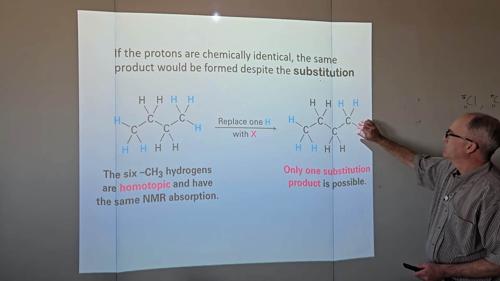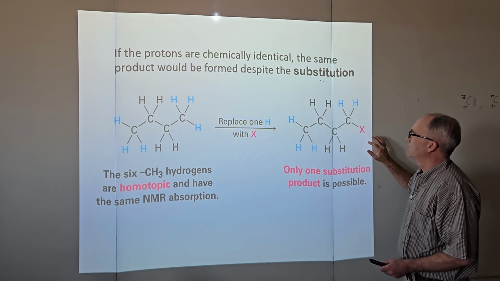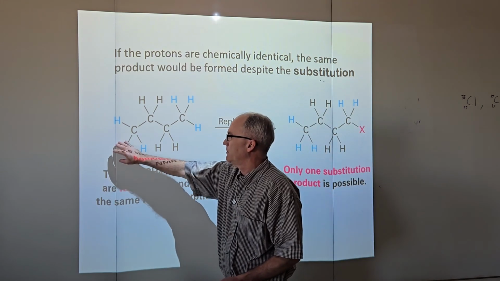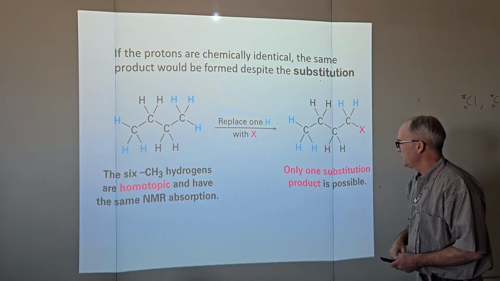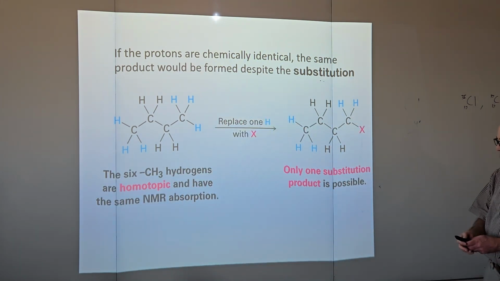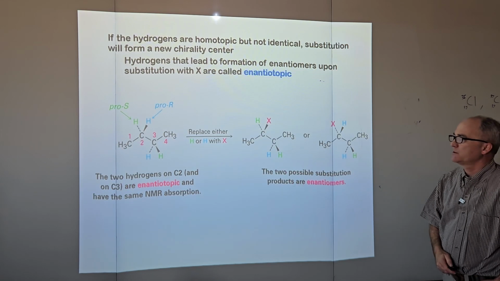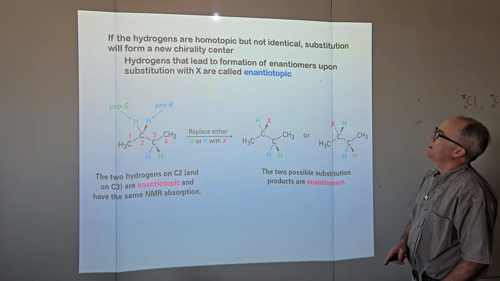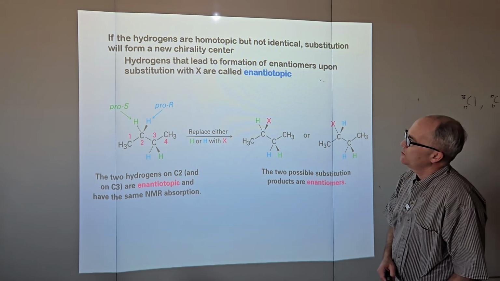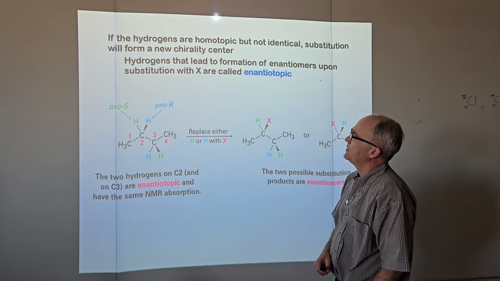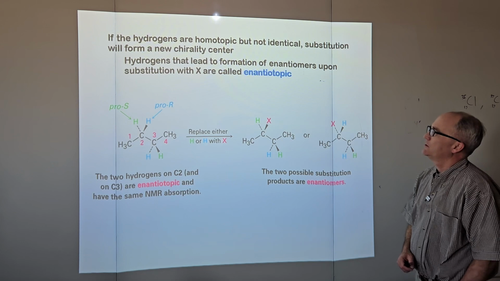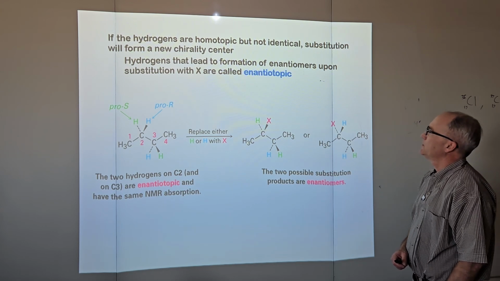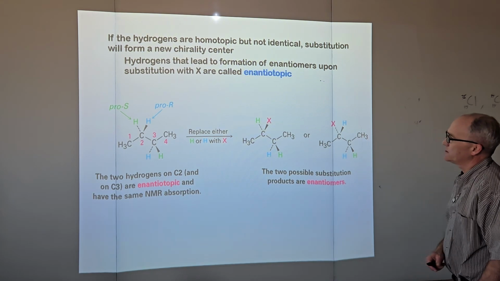That means if we stick it over here on the right, we'd get the same thing if we had it on the left because it would flip around. So only one substitution product is possible. If the hydrogens are homotopic but not identical, substitution will form a new chirality center. Hydrogens that lead to the formation of enantiomers upon substitution with X are called